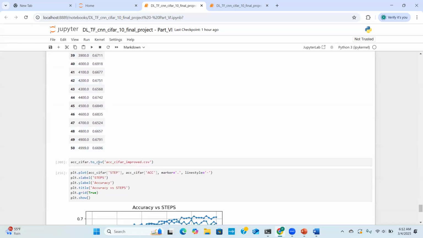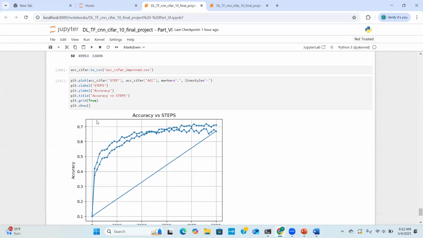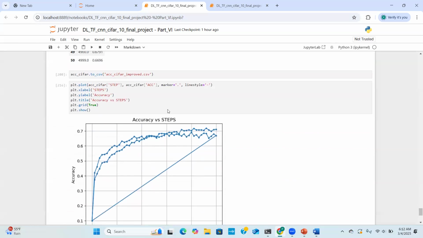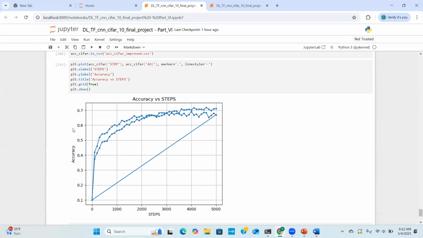0.686765. For the 50 we will get 66%. And now we are plotting the graph. Here we used plt.plot, and we took accuracy as the y-axis and steps as the x-axis. And here the plot is accuracy versus steps. This is the graph